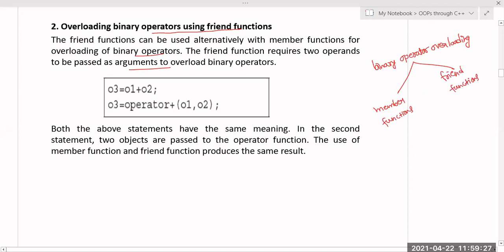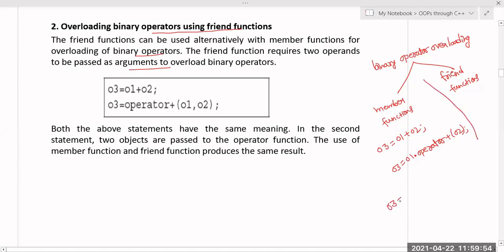Whenever I do this using member functions, for example O1 plus O2, it is O1 dot operator plus of O2, because I can access this member function using the object. But a friend function is not a member function.